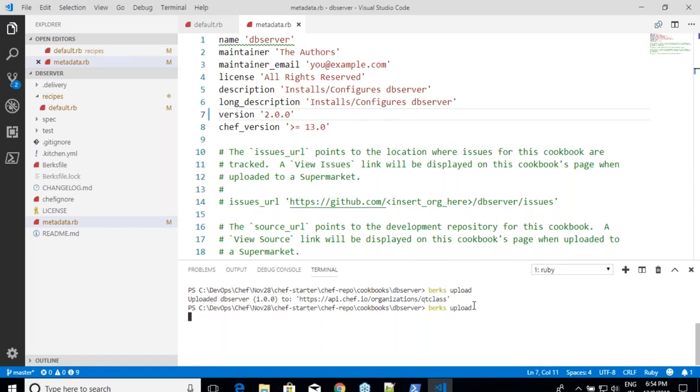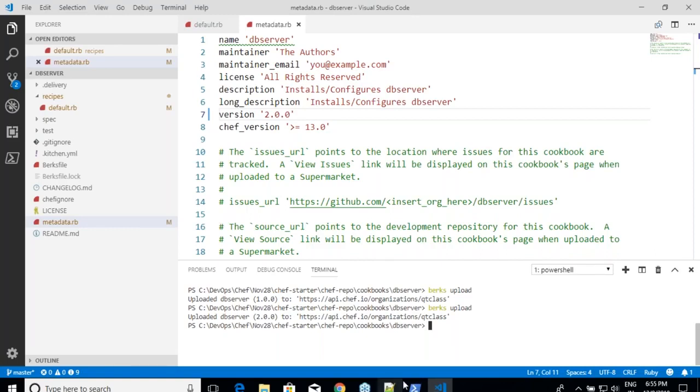Right? Now I'll create two environments, a Dev environment and a QA environment. Very simple, two environments. And then I will have two roles, a web server role and a DB server role. For a web server role, the run list should include whatever is required to make it a web server. For a DB server, the role means include anything that makes it a DB server. And on environments, I'll put restrictions.